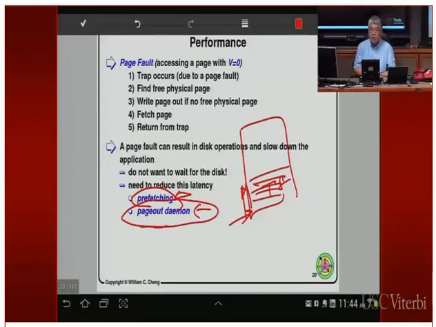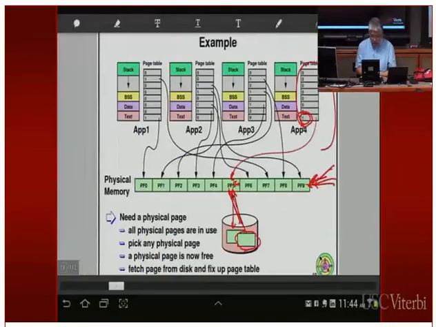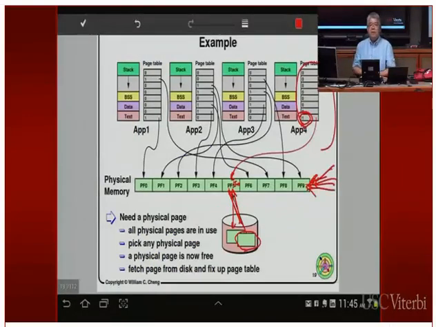So another approach is to use something called the page out daemon. When you look at this data structure, I'm going to do the opposite of lazy evaluation. Lazy evaluation says I want to do things as late as possible, and the opposite of that is doing things as early as possible. So the idea is I'm going to go through all these pages and start swapping them out to disk, all of them. I'm going to be very, very aggressive, because the opposite of lazy is aggressive.